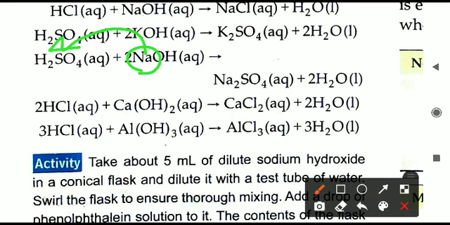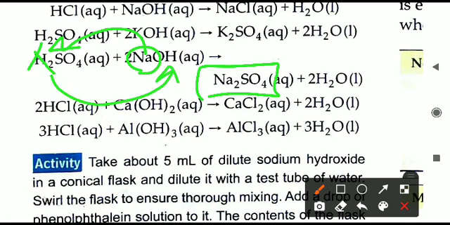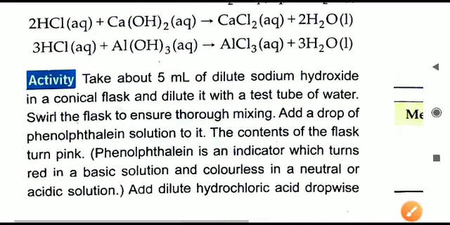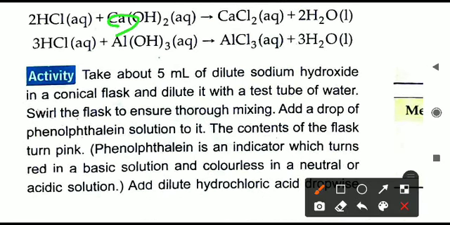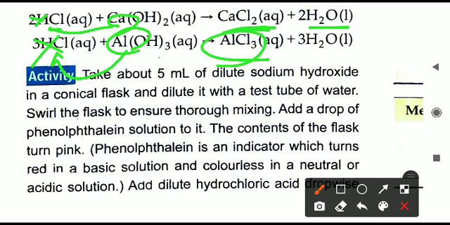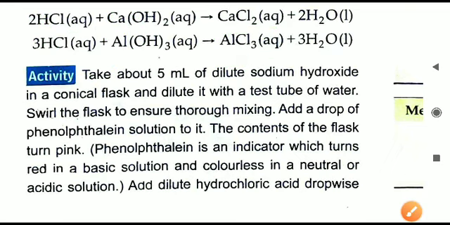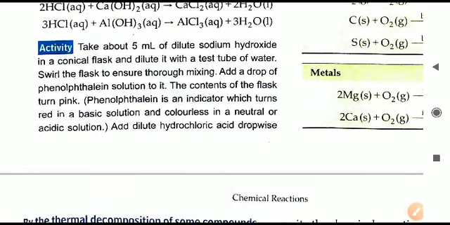Here again sodium is more reactive than hydrogen, hydrogen is removed, Na2SO4 will form, and hydrogen will go with HOH towards hydroxide, and water will be produced on the other side. The last two are remaining. Calcium displaces hydrogen, calcium will combine with Cl, CaCl2 will form, and the second product is water. Aluminium is again more reactive than hydrogen, aluminium will remove hydrogen, combine with Cl, and give AlCl3, aluminium chloride. It will also produce water as the second product. So these are all different examples of neutralization reaction.